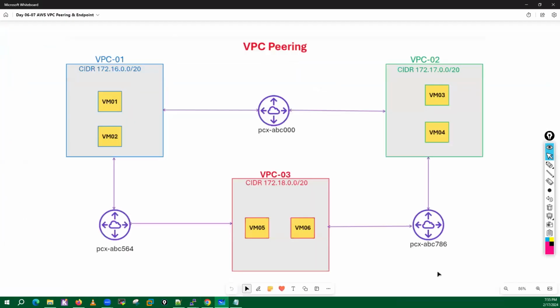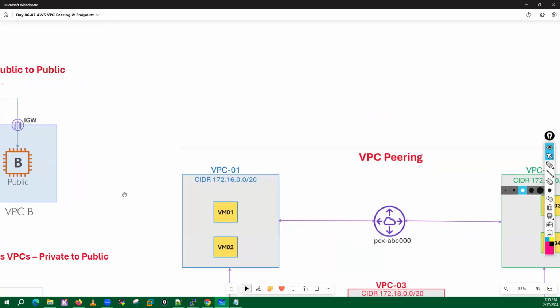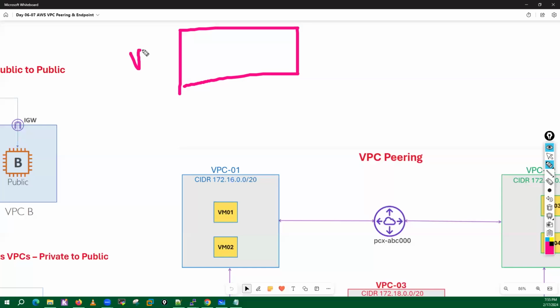Now guys, let me make some space here. What I have done now, let's suppose this is my VPC in the Mumbai region. And I will enable the VPC peering between both the VPCs, VPC1 and the VPC in the Mumbai region.